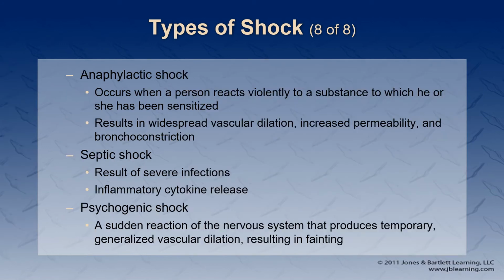So anaphylactic, another major distributive shock, bad allergic reaction, vasodilation. This shouldn't be anything new. Now you all understand why increased permeability and overactive immune stimulation further contributes to the shock. And you also end up with bronchoconstriction, this immune-mediated bronchoconstriction. So anaphylactic shock starts out as a distributive shock, but it can very quickly turn into a respiratory shock, and